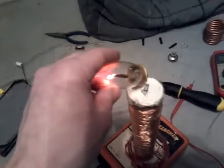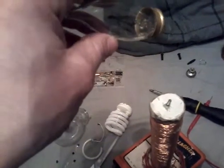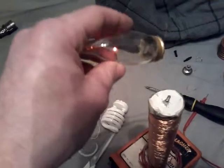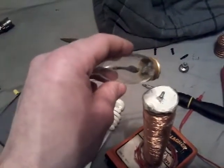And then this is that argon-filled flicker bulb. You can still see it lighting up quite a ways away. And you don't have to touch it for it to activate. It's off. Now, you just bring it...